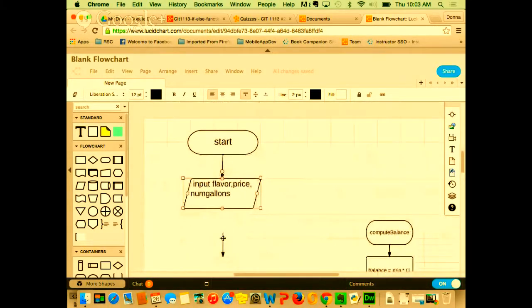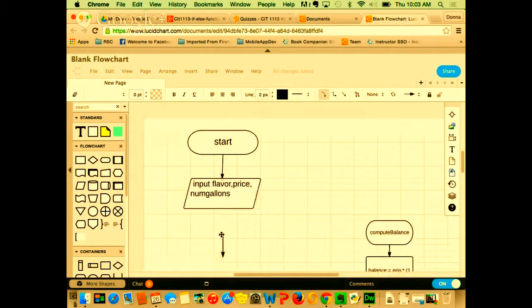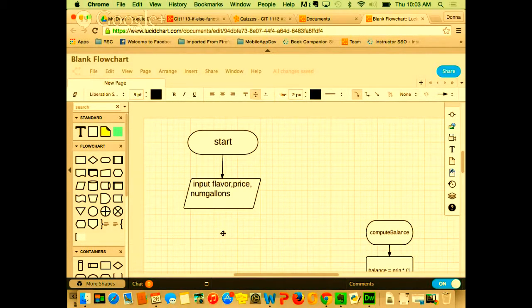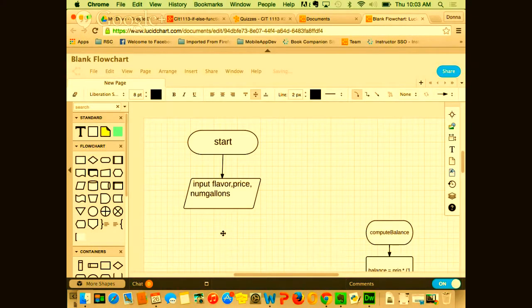How am I going to find that out? Yeah, I have to ask a question, right? I have to ask a question. So I do that with what? What do I make a decision with? What kind of code do I use? How do I do a comparison?